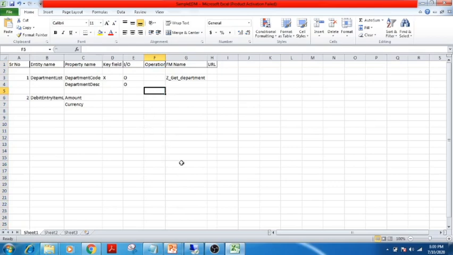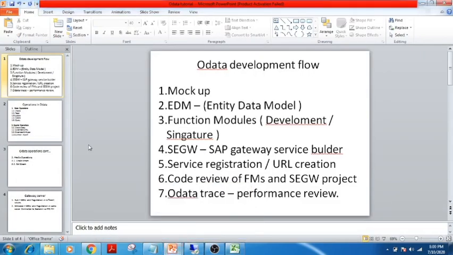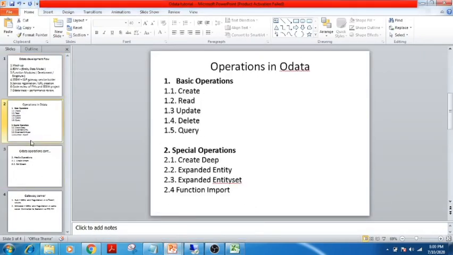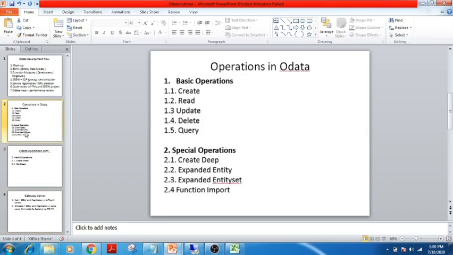Once all the operations are done, it will take like 2-3 episodes to understand the operations in OData. And there are different ways to test the different types of operations. I will show how you can create the URLs, and how you can test the URLs before giving them to the front-end developer.